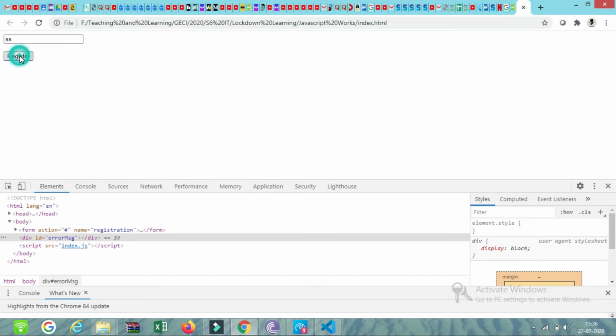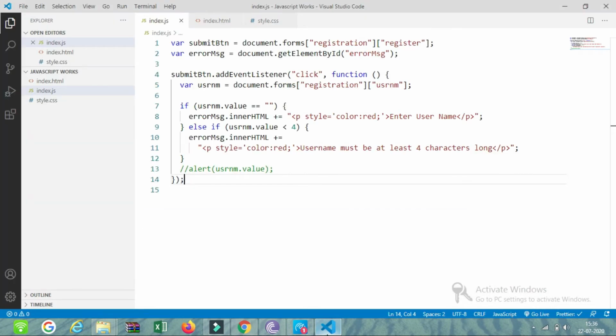There is some problem. I think there is a logical mistake. If this is empty, this will not work. If this is not empty, that means there is some content, then this will work. Okay, let me revert it back.